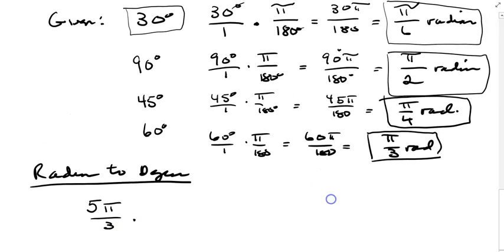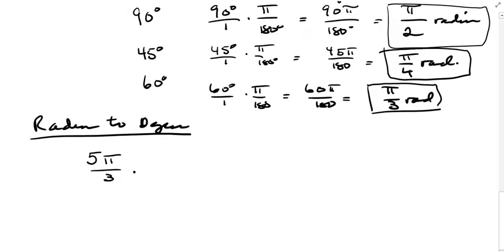To convert degrees to radians, notice when I wrote the fraction, I put the 180 degrees in the denominator because I want the degrees to cancel. But when I do 5 pi over 3, I want the pi to cancel. So I'm going to use the ratio 180 degrees over pi, because I want the degrees to be left in the problem. So my pi's cancel,